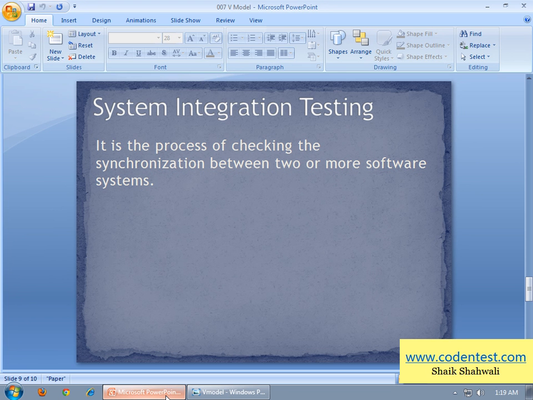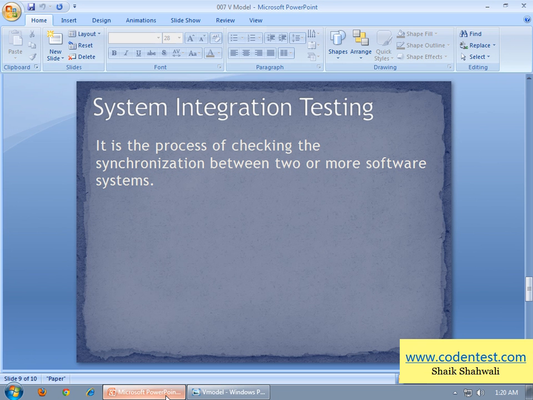Here is another example. Say a customer has a software and is happy with it, but he wants another software, and these two should run simultaneously, like sister softwares.